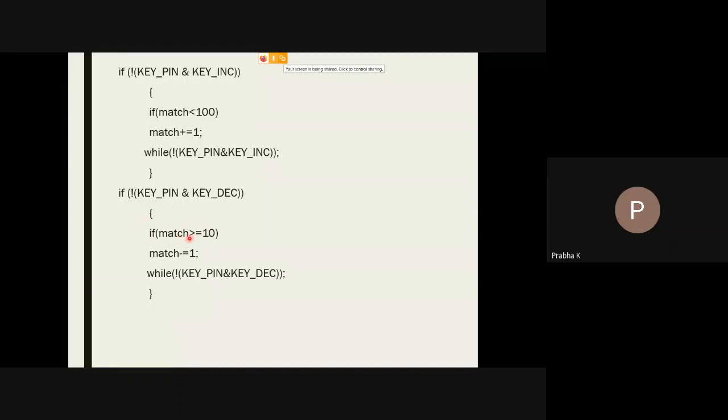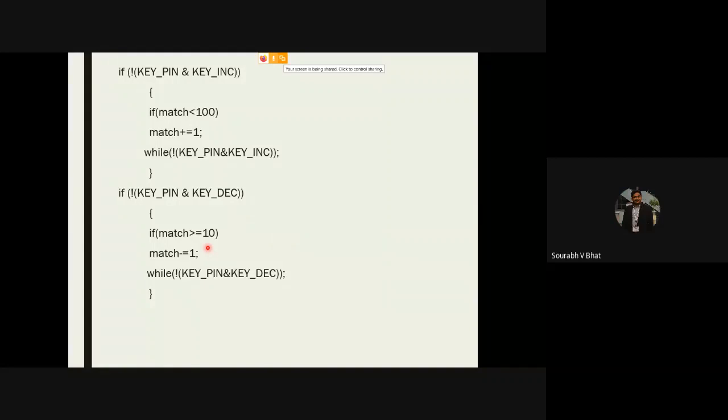If the match value is greater than or equal to 10, I think you have to change this value. We'll find out while doing the practical. We will change this value and see whether it is working or not. Okay. If the match value, I think here it should be given as 1 because the match value is fixed as 5. If 5 is greater than or equal to 1, then the match value should decrease. Once it becomes 1, it should stop the rotation. And all this happens only if you keep on pressing the decrement key. Understood? I think I should change this value to 1. We'll check when we do the interfacing in the practical session.